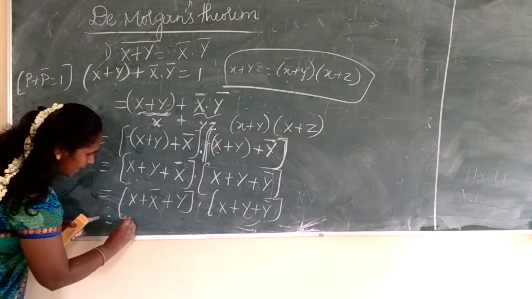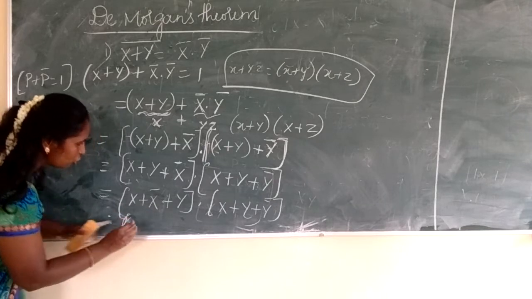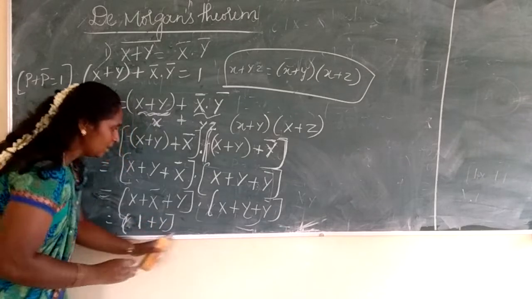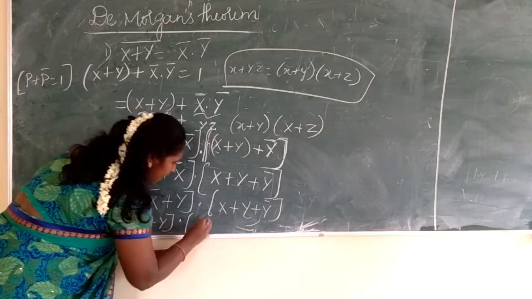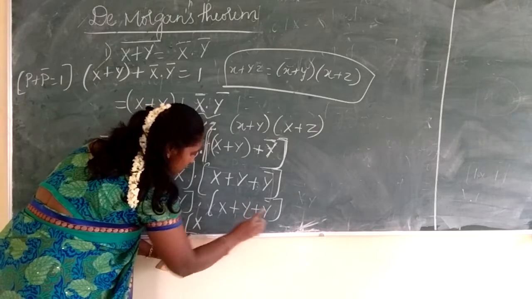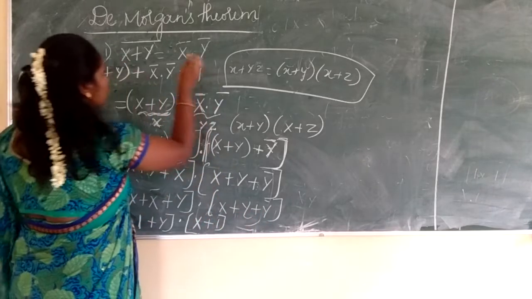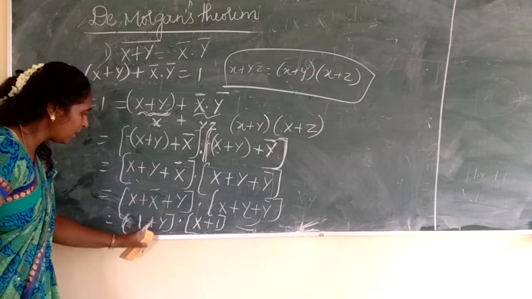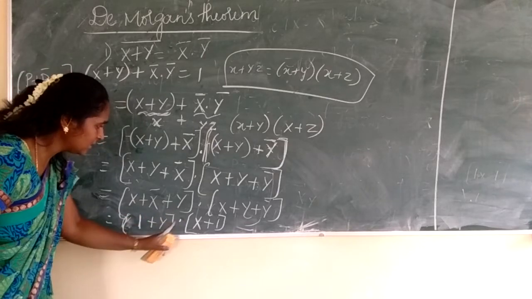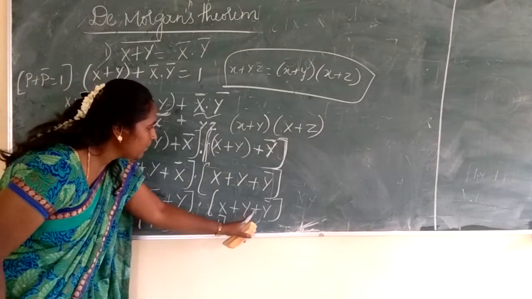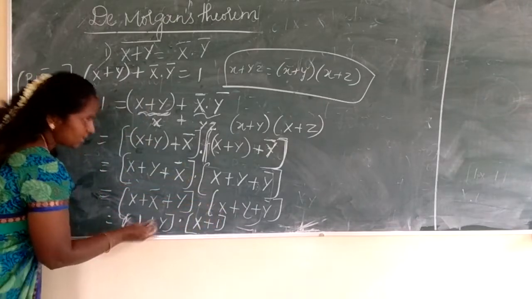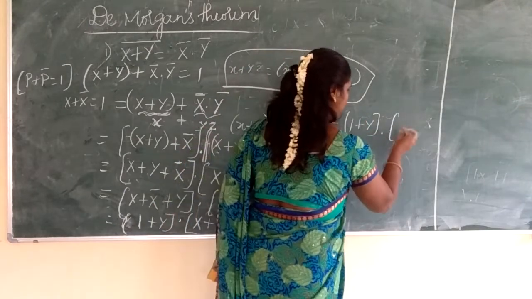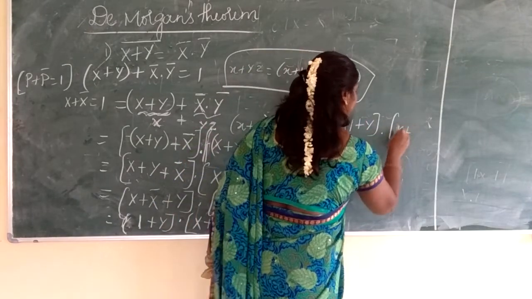Now here x plus x bar is nothing but, according to your complementary rule, x plus x bar is nothing but 1, plus y into, now x as it is this one, y plus y bar is nothing but 1 using a complementary rule. I have already told you now, x plus x bar is equal to 1. So here x plus x bar is equal to 1, this y as it is into x as it is, y plus y bar. Instead of x it is y plus. Now what you have is the value 1 plus y into 1 plus, sorry, x plus 1.